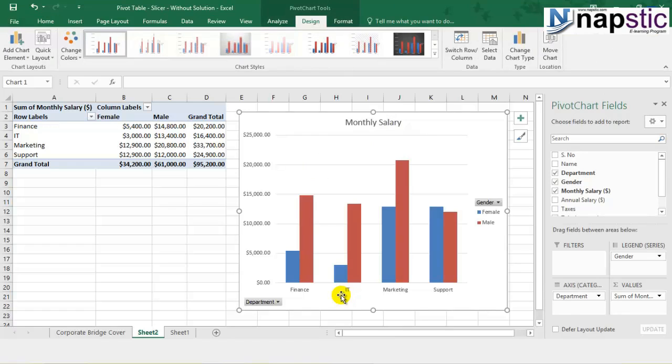Very simple. You just need to select the layout you want, do the changes you want to do, and this can be a very good analysis if you want it on your Excel dashboard. Okay, so this is about pivot charts. With this we come to an end to this section on pivot tables, wherein we saw the slicer and the pivot charts. Let's now learn about something more in the next section.